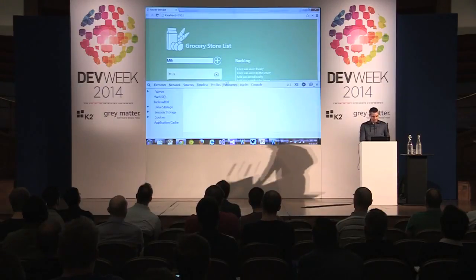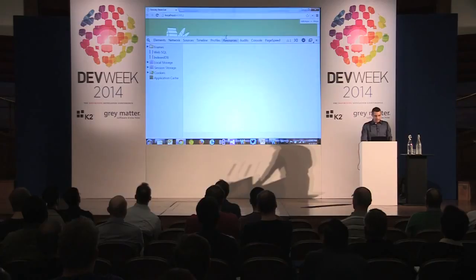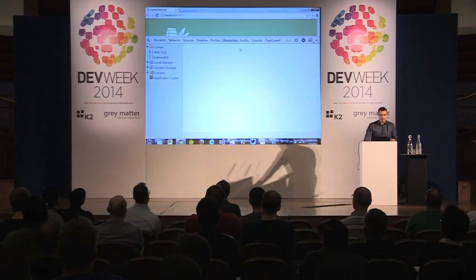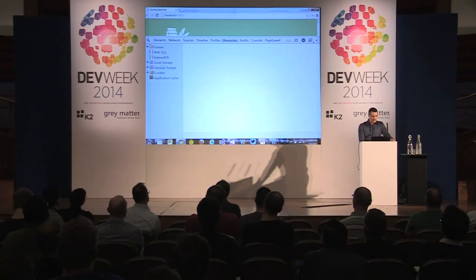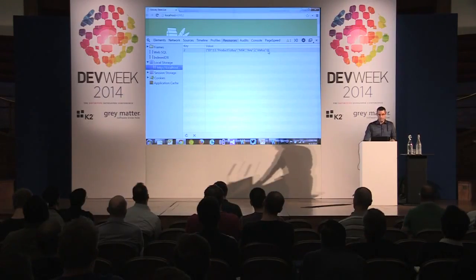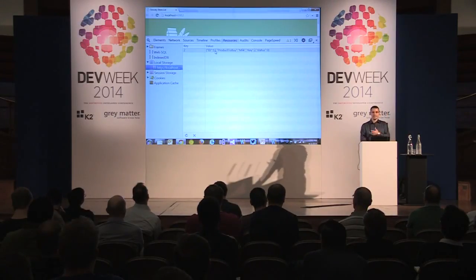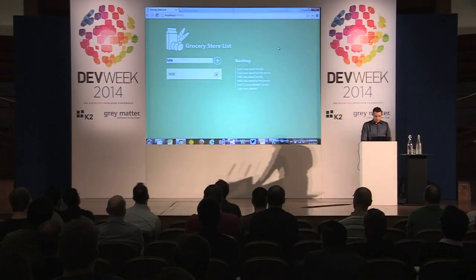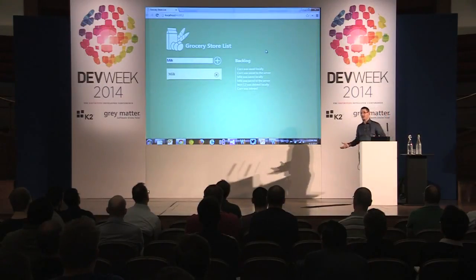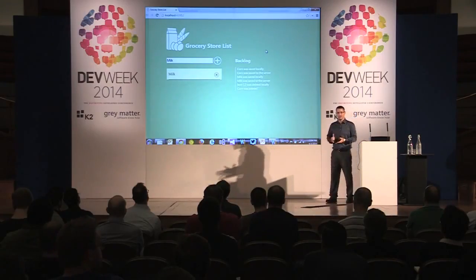And let's open the developer tools. One interesting thing in the developer tools in Chrome is that you can see the local storage and session storage. So if I open the local storage here, you can see the item to buy milk with its key, its status, which is none, and the ID from the server. I had items in the server side in the database, so it got a 13 ID. Okay, so we have an application that saves data in the client side, saves data on the server side,